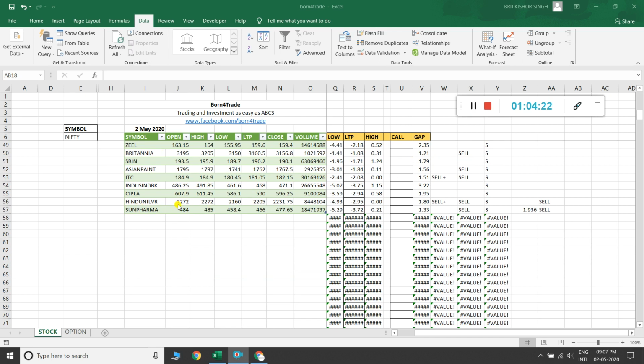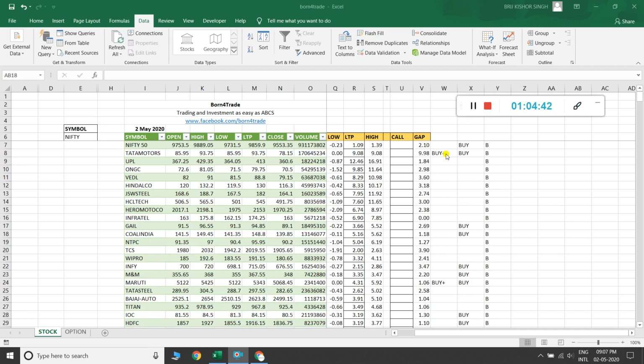Hindustan Unilever generates a sell plus signal, sell signal, and S signal. Now I combine all three formulas in one and avoid this sell signal and S signal. Now it just makes sense to combine it.